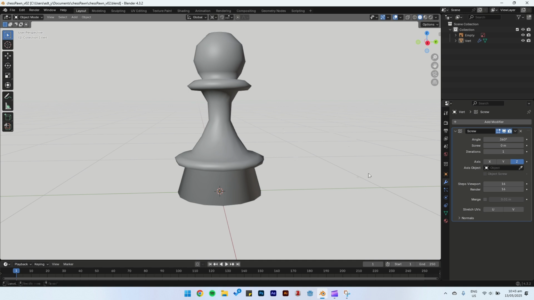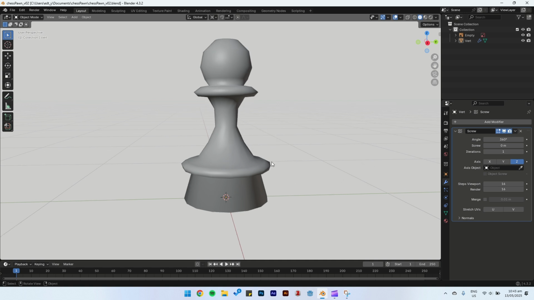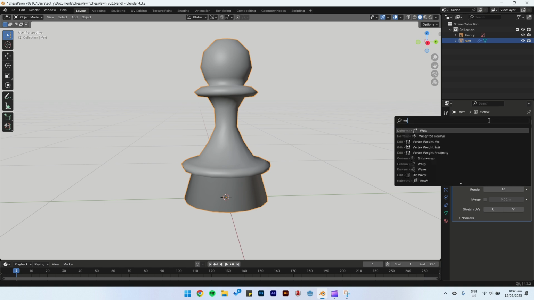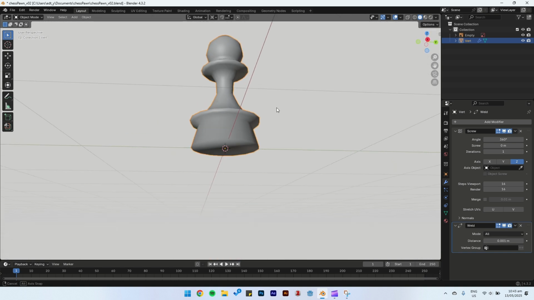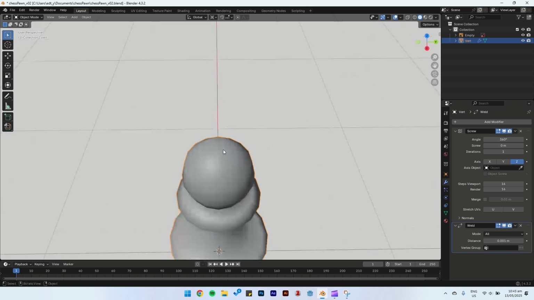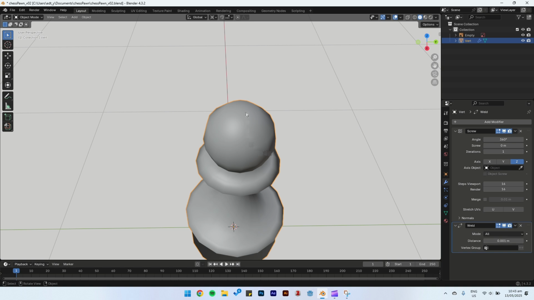And we're going to take a look at a few more modifiers that will help us to enhance the form of this pawn. So selecting it, we can go and add a new modifier. We're going to start with the weld modifier, W-E-L-D. And all that's going to do is take the vertices at the top and the very bottom and just sew them together. Because it may not have really looked like it, didn't really look like it did much, but before